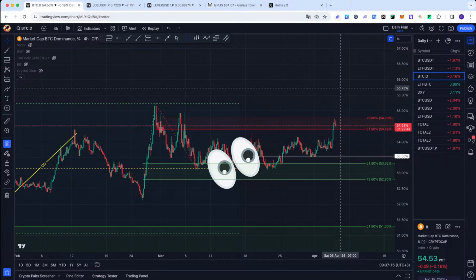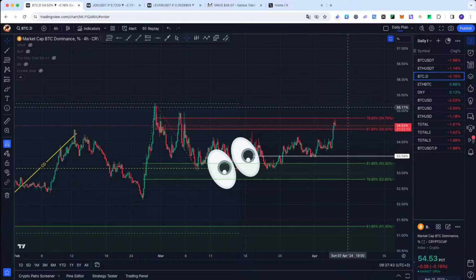If this one will push higher, it will kind of destroy altcoins. And you can see Bitcoin dominance going higher and Bitcoin going lower. Why? Altcoins will go even lower than Bitcoin, will dip even stronger. So that possibility exists, so we have to think about it. If we'll see an MA or something, a reason to think that Bitcoin dominance will dump, then we have the tool. We can go on Holy Grail, we can choose the strong ones, and we can play. The risk reward will be nice for some of them. But for the moment, it looks ugly.